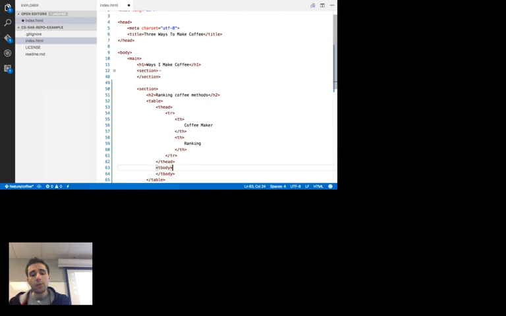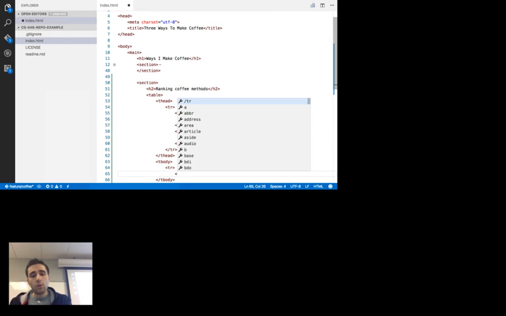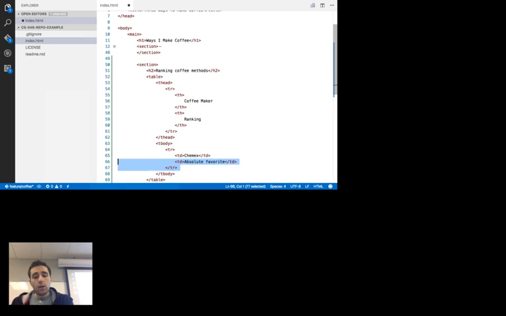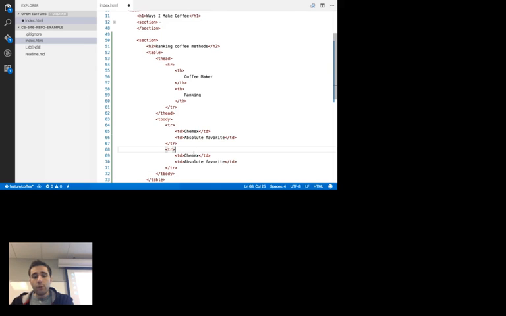And our table body is going to have table rows, and each table row is going to have table data, which is TD. And those are what populate your columns. So your rows are your horizontal ones. Your TDs fill the columns. We're going to say Chemex, and we're going to say TD, absolute favorite. And then we're going to say instant coffee,